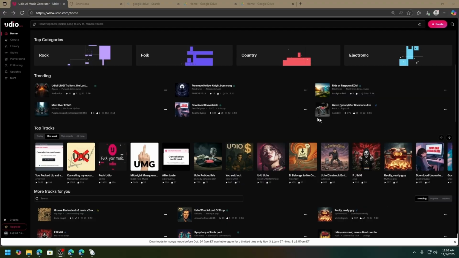Alright, so I'm going to walk you through getting your songs off the website Udio. We're going to get you your WAVs, we're going to get you MP3s, so don't stress, don't be overwhelmed. Just to clarify, I have noticed issues with the bulk downloader when it came to Udio through the standard and the pro users.